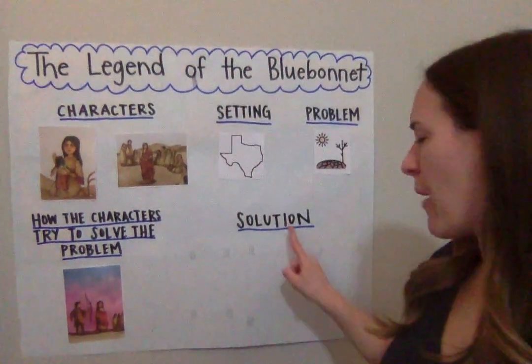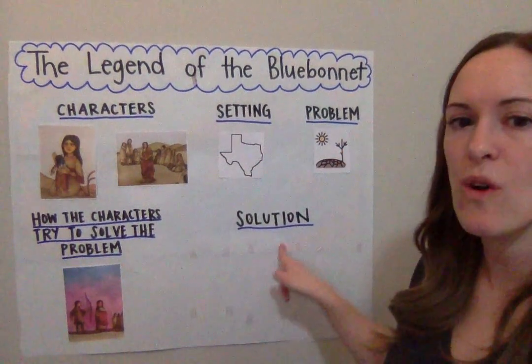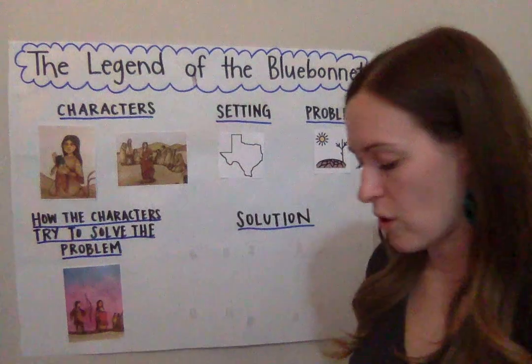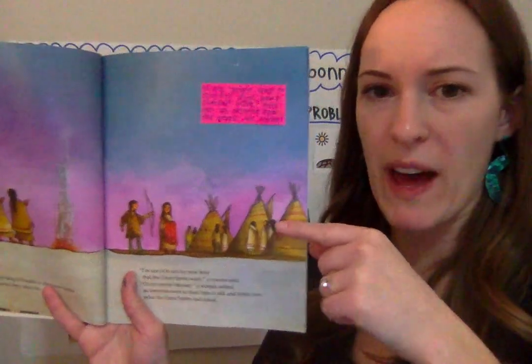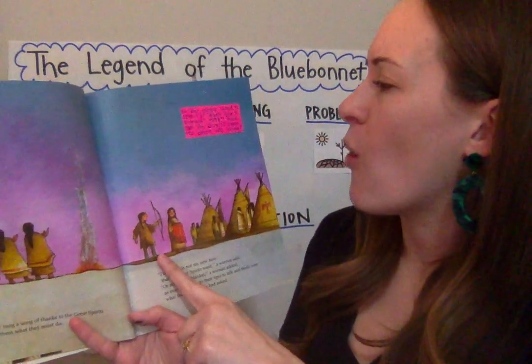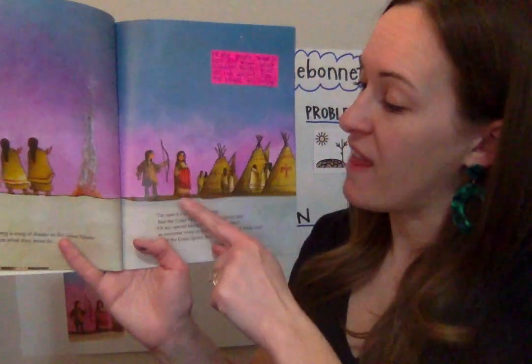Now we need to really think about what is the solution to this problem. How is this problem going to be solved by the characters in the story? But really quickly, before we move on, do the people want to sacrifice their bow and blanket? Tell me one more time. No, they don't. I wonder how we can describe how these people are acting. What do you think that's called when you don't want to share or give up something? Yep, that's called being selfish. Say selfish. They want to keep their special things. They don't want to sacrifice them.